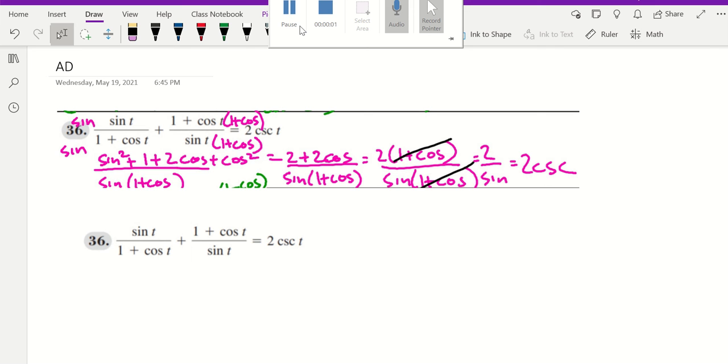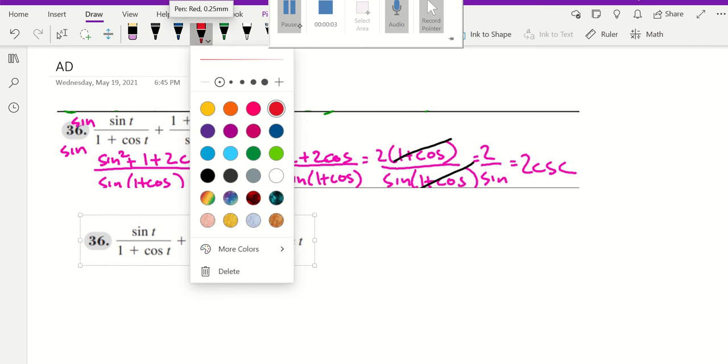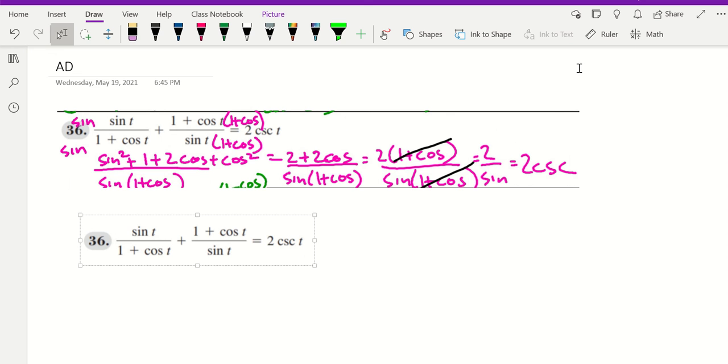Okay, so here's how to do 36. I put the problem and how to do it on top in pink, and let's go through the steps on bottom one step at a time. So I'm going to get the denominators to be the same, so I'm going to put sine here,